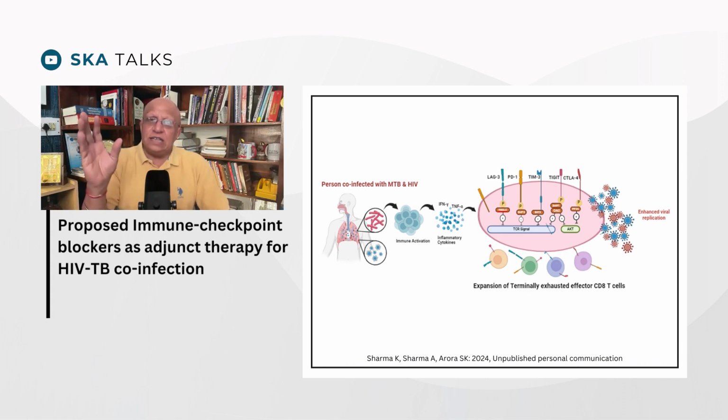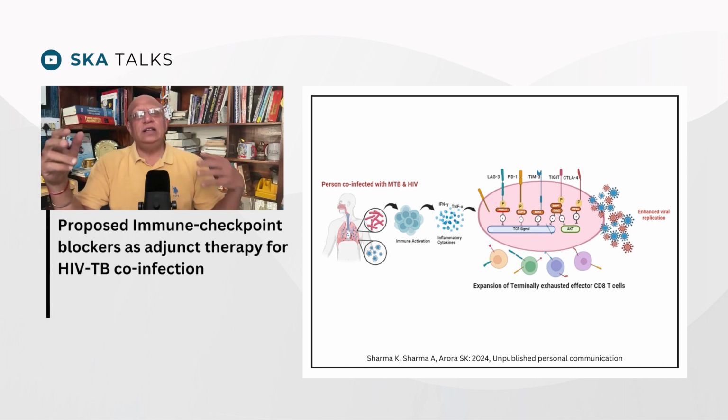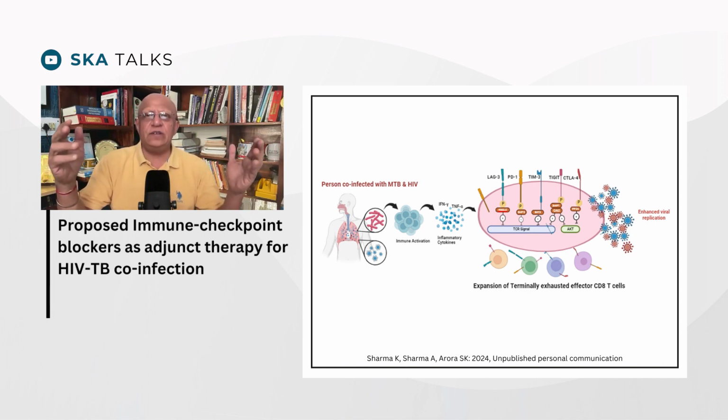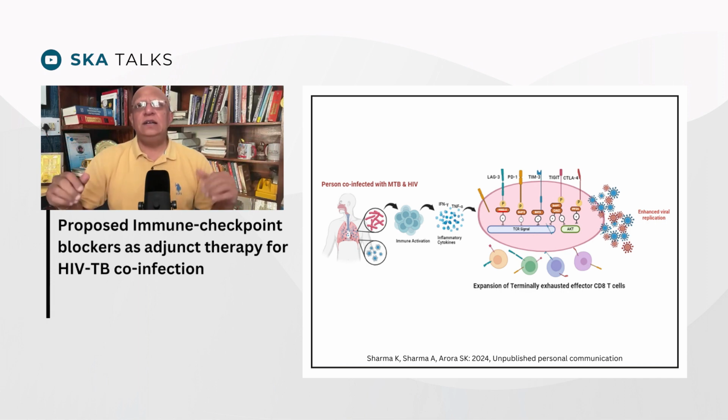So that was the observation when another student came up in the lab who proposed that let us see if the Mycobacterium tuberculosis manipulates the expression of checkpoint molecules, because there are some papers in the literature where it has been shown that in the HIV patients who progress faster, they showed higher expression of one of these checkpoint molecules. So my student,